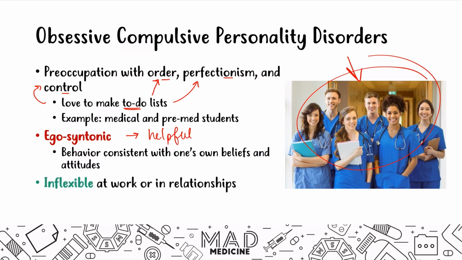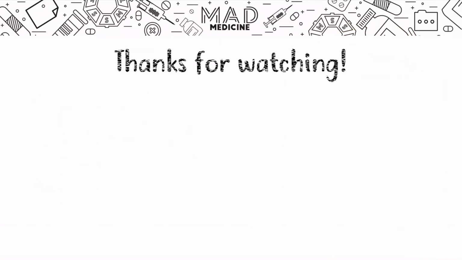And they're very inflexible at work or in relationships, and because of that, it sometimes ends up having a negative effect on them, especially their relationships. Some people may get into a relationship with someone who has OCPD and realize, this person likes control a little too much, not in an abusive way, but to the point where he's very obsessive or she's very obsessive about order and perfectionism, and it puts a strain on the relationship. That's very common. And usually this behavior does help them achieve their goals when it comes to their work or education. In their relationships, it usually doesn't. So with that being said, that's pretty much all you need to know about the cluster C personality disorders.